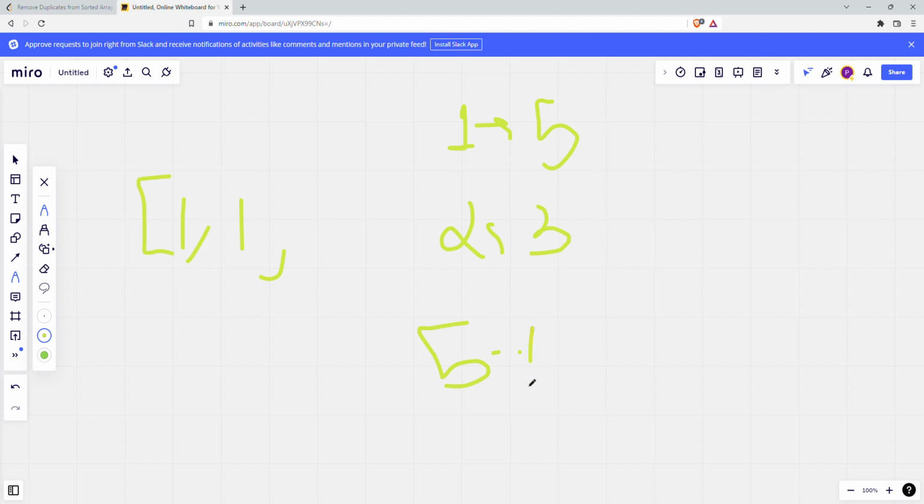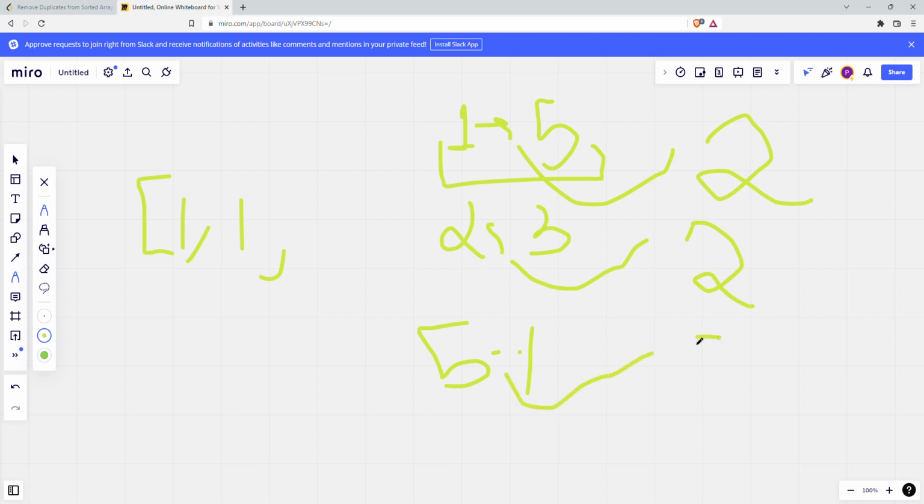The question statement says that if the numbers are duplicated, we need to present them at most twice, which means not more than 2. So we need to represent 2 just twice, and 5 is used once, so we can keep it one time. By using the approach mentioned in the question, our output will be 1